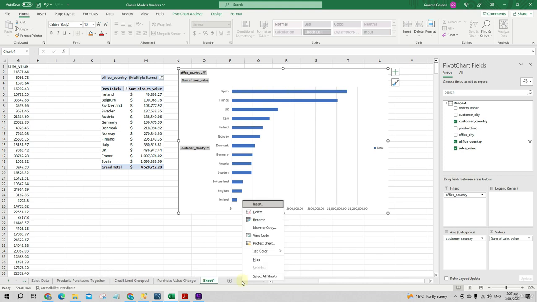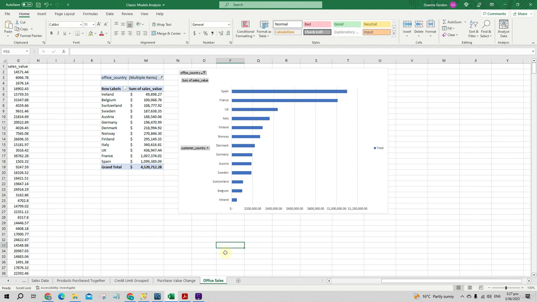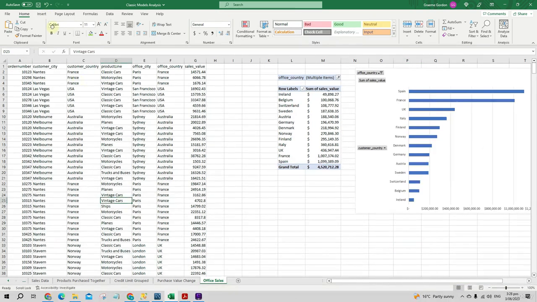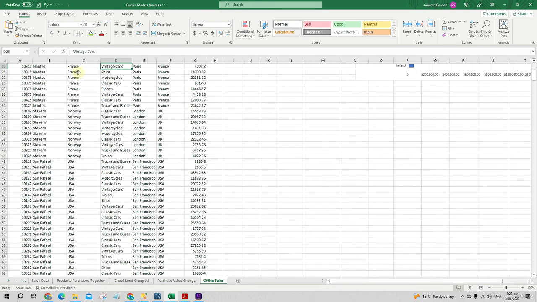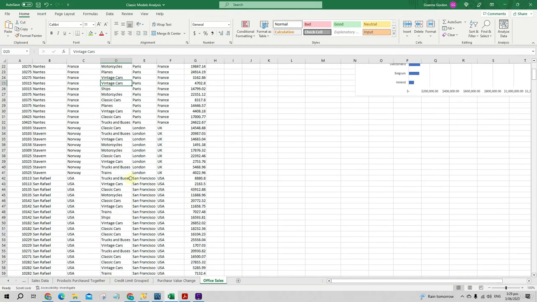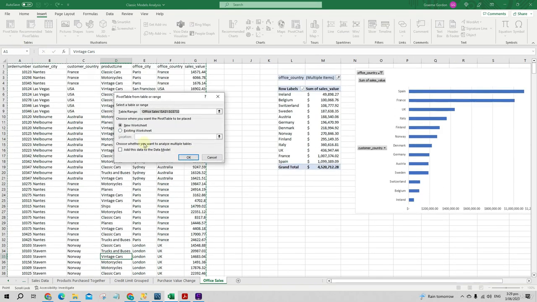Okay, so I'm just going to rename this sheet Office Sales, and let's insert another pivot table just below where we were, and we'll show which product line has the highest sales in each office. So we'll insert another pivot table just below our previous one,